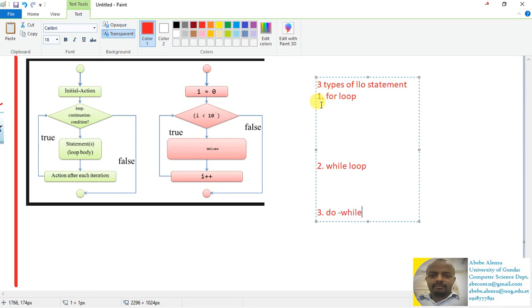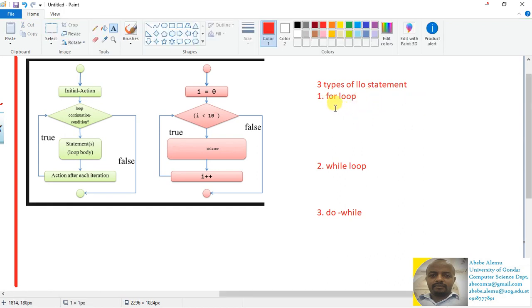So in today's tutorial, we are going to see specifically about the for loop, and then in the next consecutive tutorial, we will have a look at what the while loop and the do while loop are, and what exactly is the difference between these three loop statements. So we use the for loop